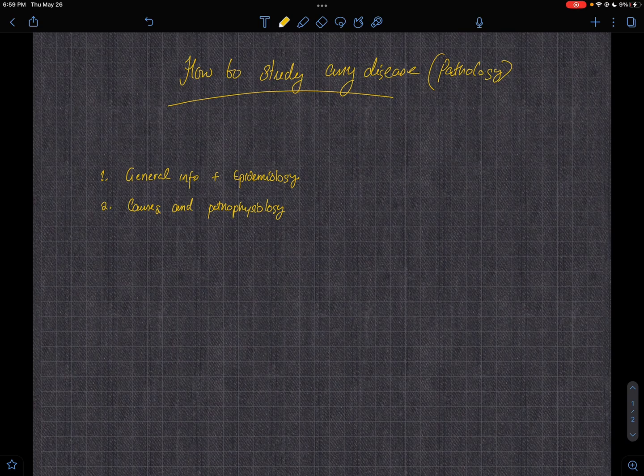And of course, then there's the causes and pathophysiology. What causes the disease, and how the disease process forms, which will come under pathophysiology. And then in line with the causes and pathophysiology, we should now be able to understand the signs and symptoms. So once we have understood the signs and symptoms, we can move on to laboratory ID, or laboratory identification, which